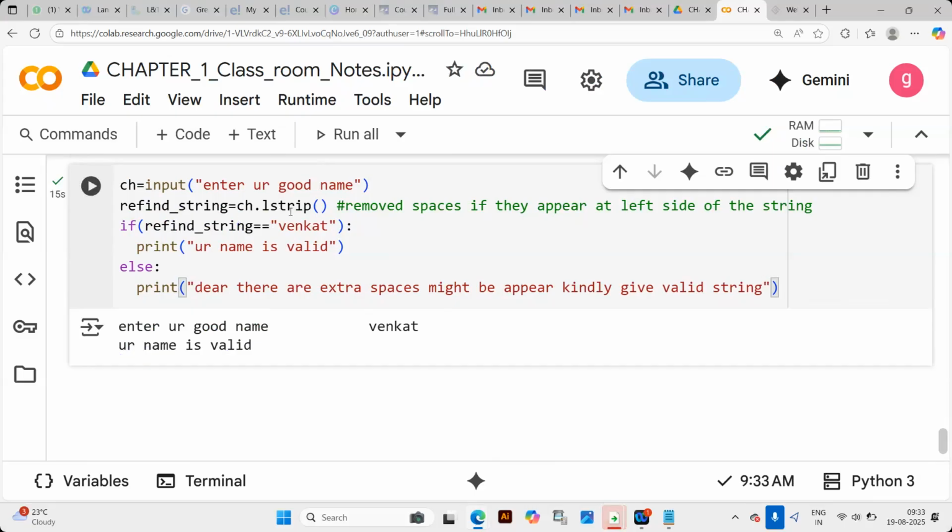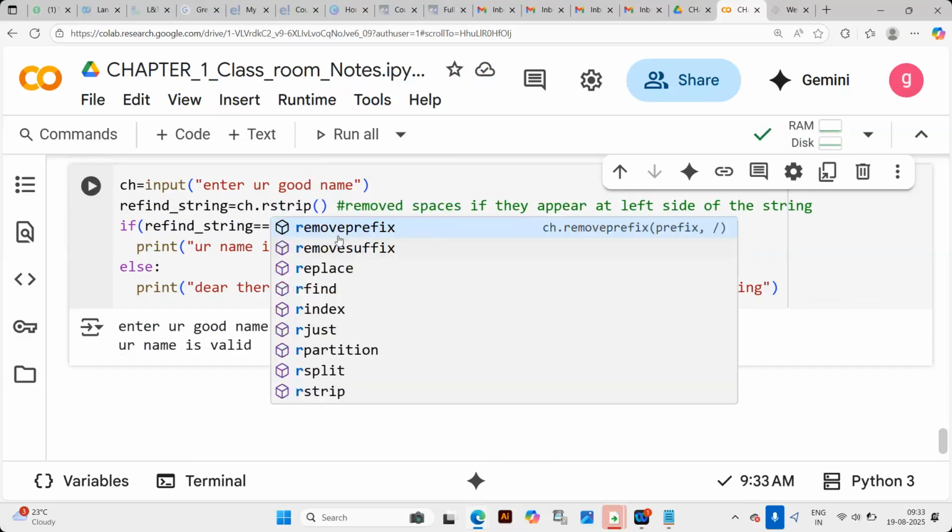In case lstrip does not work, it will tell you that the extra spaces are not removed. Now I'll change it to rstrip, which means right-hand side.